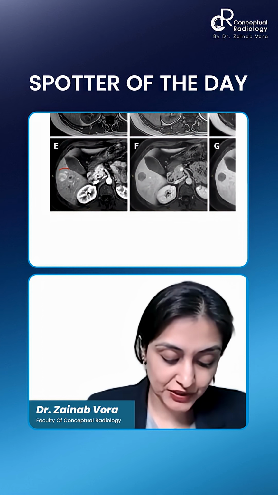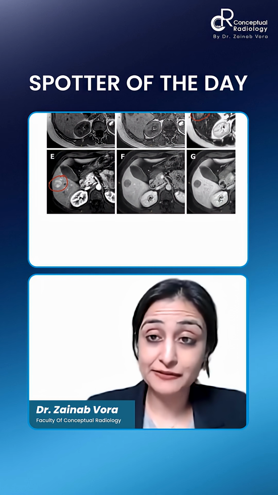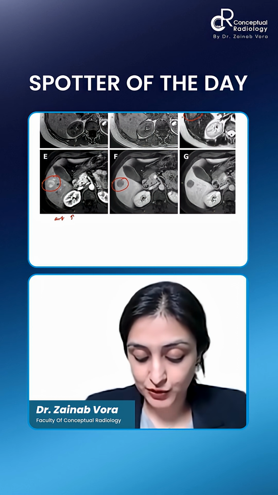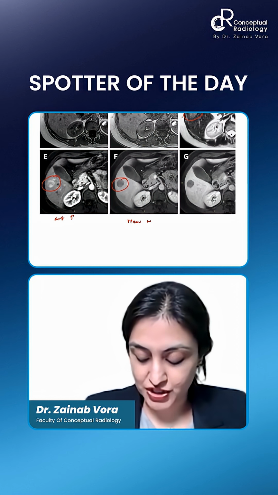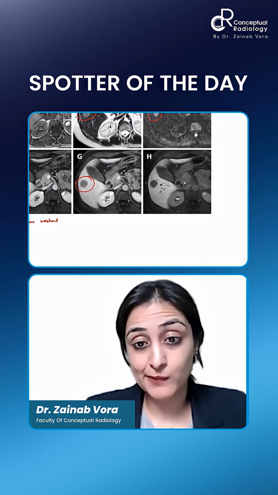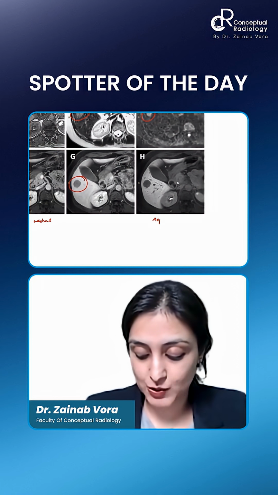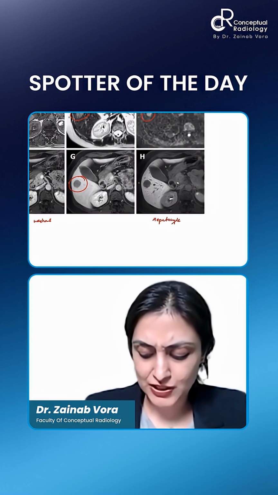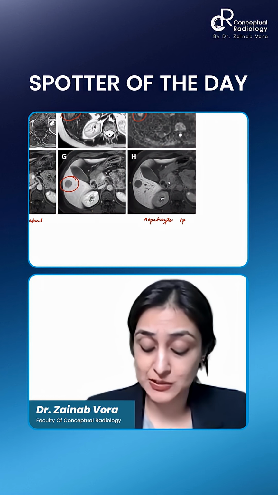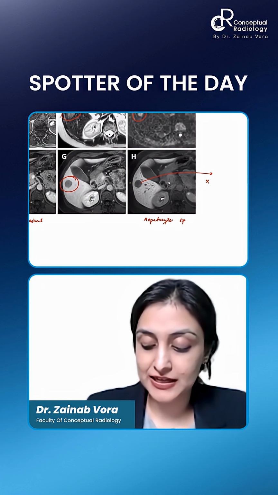Then what are you seeing here? You can see in the arterial phase, there is enhancement, arterial hyper enhancing. And what do we see? Venous washout. And what do we see in the delayed phase? It still remains hypointense. And what do we see in the hepatocyte specific phase? So that should have been mentioned, but when you see 4 post-GAD, you can assume it's hepatocyte specific, and you can see that there are no functional hepatocytes.